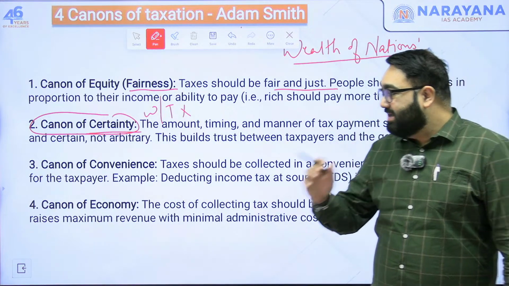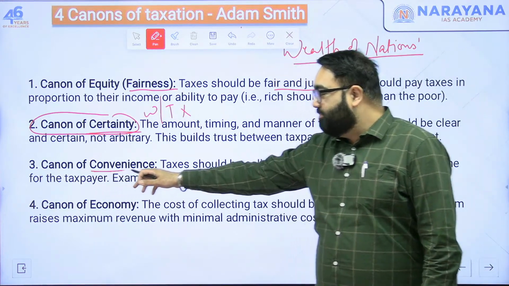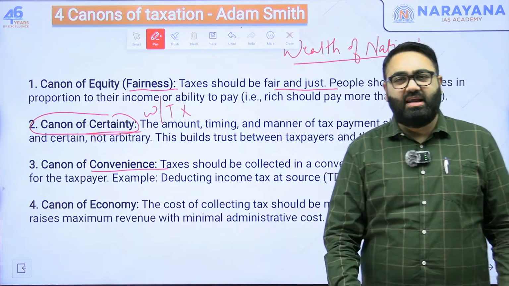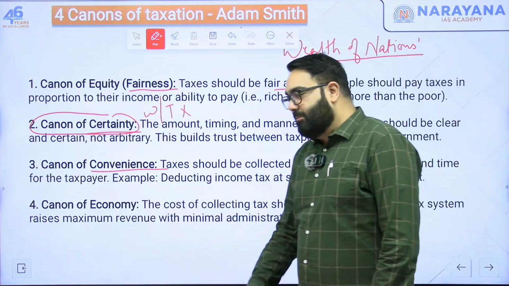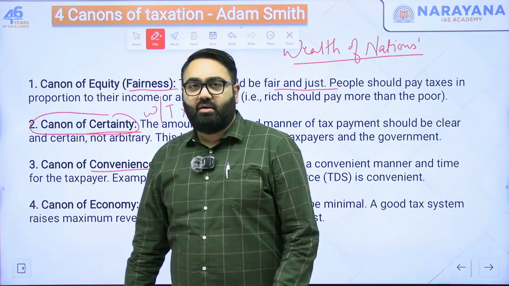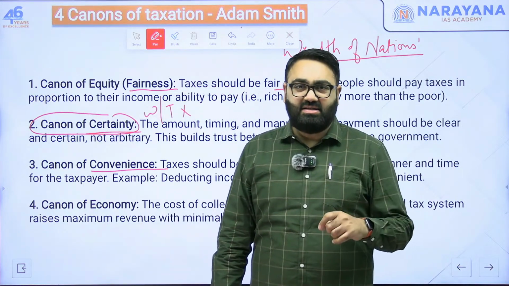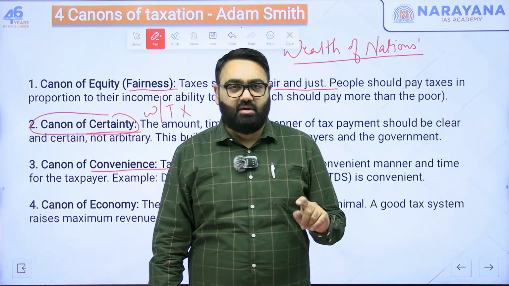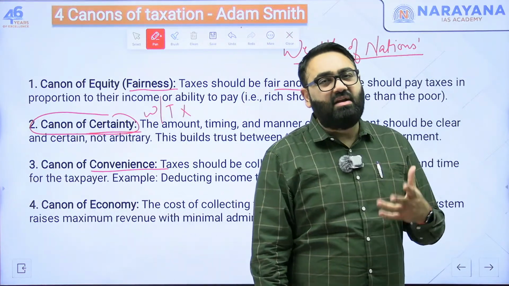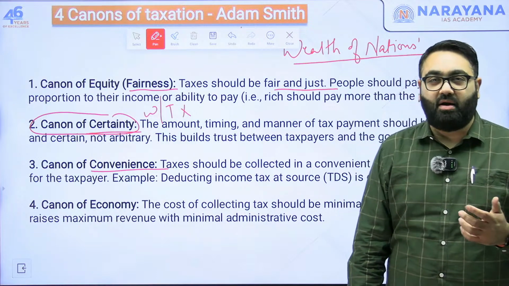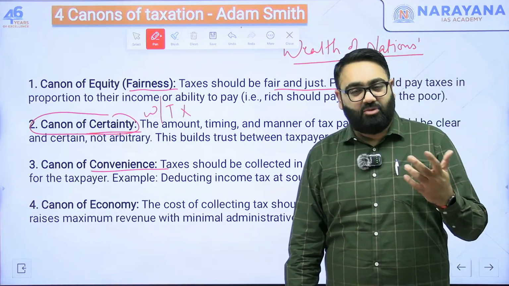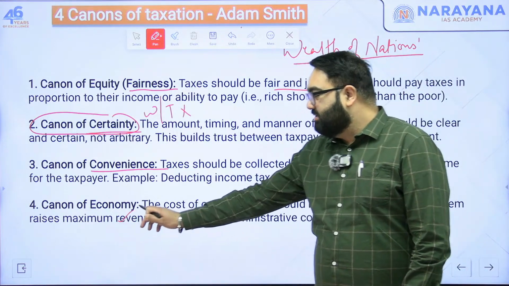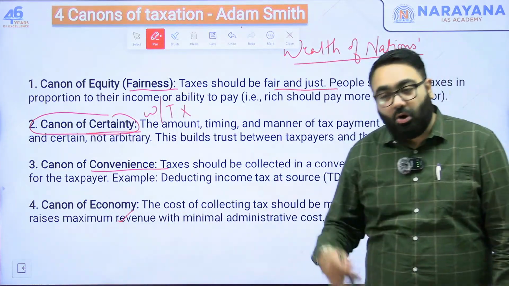Third principle is canon of convenience. It should be convenient to pay taxes. For example, the TDS. If you're a salaried employee, the salary that you get, the company first deducts the taxes and the taxes are then deposited to the government and the remaining money you will get. So that basically is convenient for you. You don't have to go to the government to pay taxes. It should be convenient. Then fourth, canon of economy means collecting of taxes should not cost a lot of